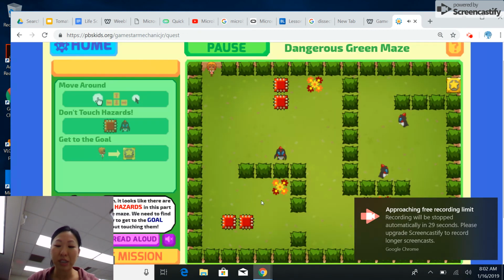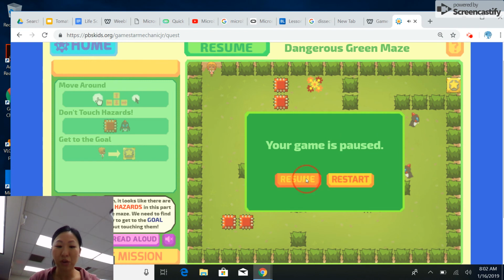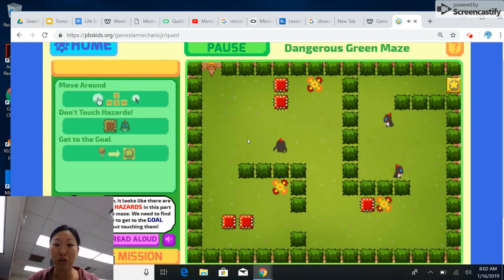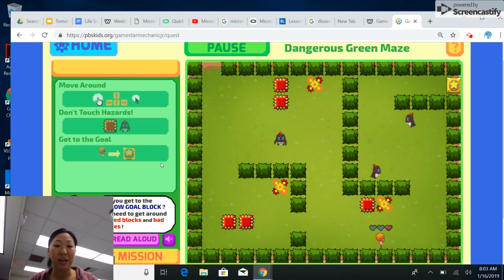It looks like there are some hazards in this part of the maze. You'll continue to explore. And remember, every time you hit a hazard or an enemy, you'll actually lose a life. In this case, it tells you here, don't touch the hazards and get to your goal. So have some fun playing the game, trying different things out. And then next week, we'll start to